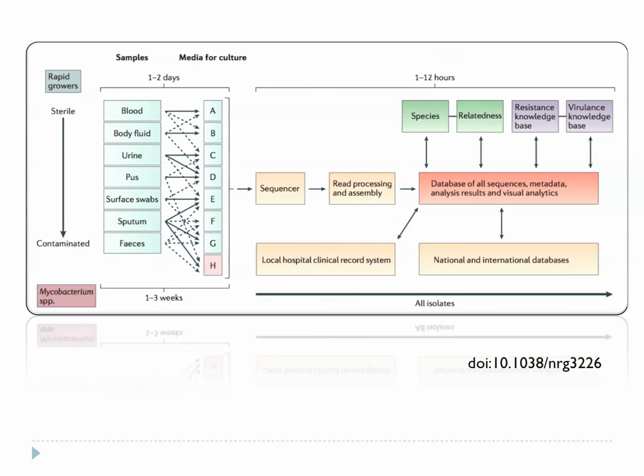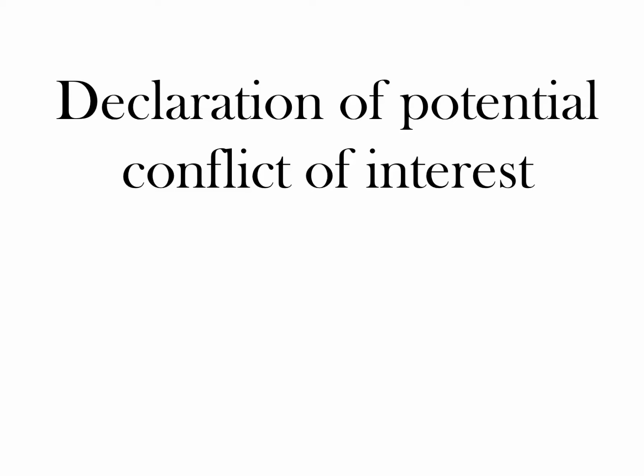What they suggested, and we go along with this too, is that you could just isolate your bacteria on agar plates and then just extract DNA, put it in the sequencer, and that delivers all the same information about what species it is, what it's related to, epidemiological information, resistance, virulence, and so forth. As I'll say a bit later, we would go one step further than them, but we'll do that in a minute. Now, at this stage, talking in a public place, I have to give a declaration of conflict